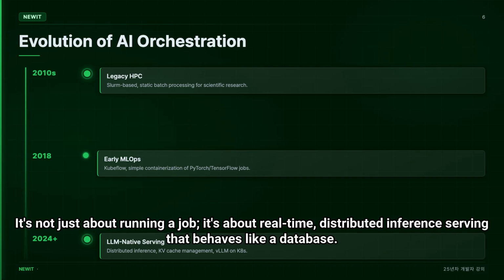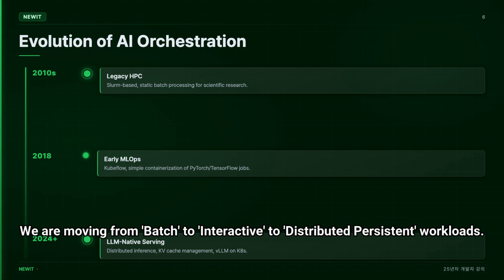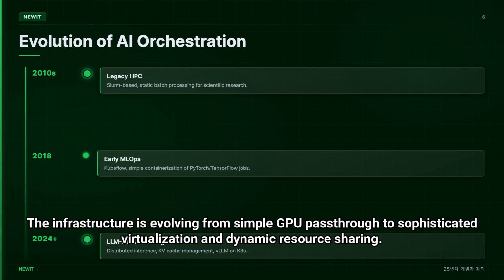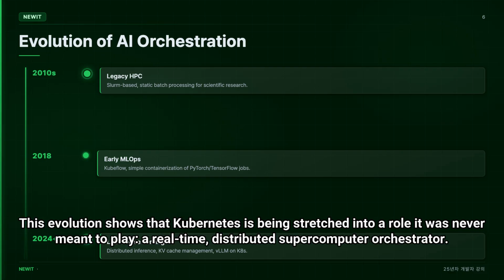It's not just about running a job. It's about real-time distributed inference serving that behaves like a database. We are moving from batch to interactive to distributed persistent workloads. The infrastructure is evolving from simple GPU pass-through to sophisticated virtualization and dynamic resource sharing. This evolution shows that Kubernetes is being stretched into a role it was never meant to play, a real-time, distributed